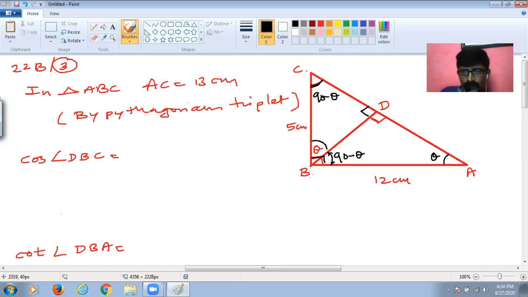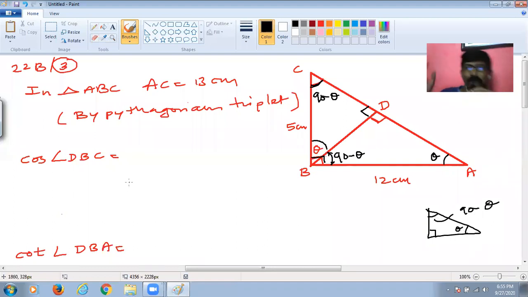Now if you see the full triangle ABC, in the full triangle, angle B is 90 degrees. This is theta. So obviously the remaining is 90 minus theta. Isn't it obvious? Because this is 90. Always remember, students, in a right angle triangle, if one angle is 90 and one angle is theta, the remaining angle becomes 90 minus theta. That is what has happened over here. So whichever way you do it, your sum will always remain in this format only: 90, theta, 90 minus theta. Or else 90 minus theta, and then this will become theta.